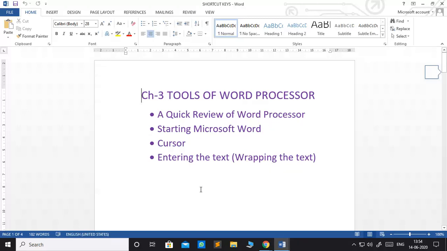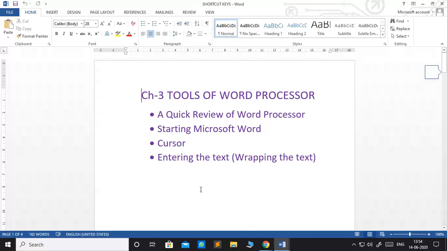Now today in this session we will learn, children, how to create a new document, close the document, save the document, and also open our saved document which we have saved earlier.